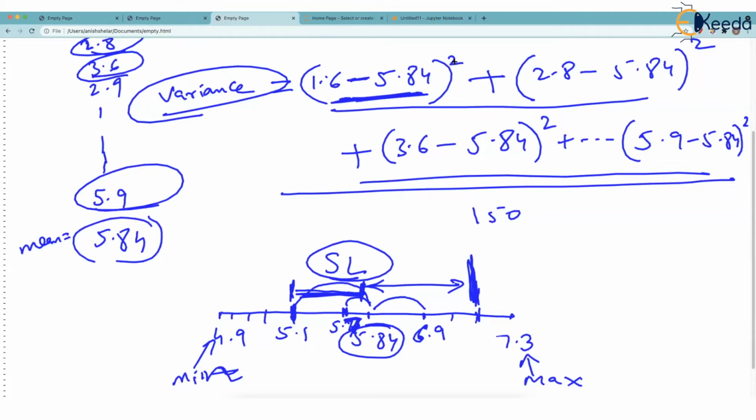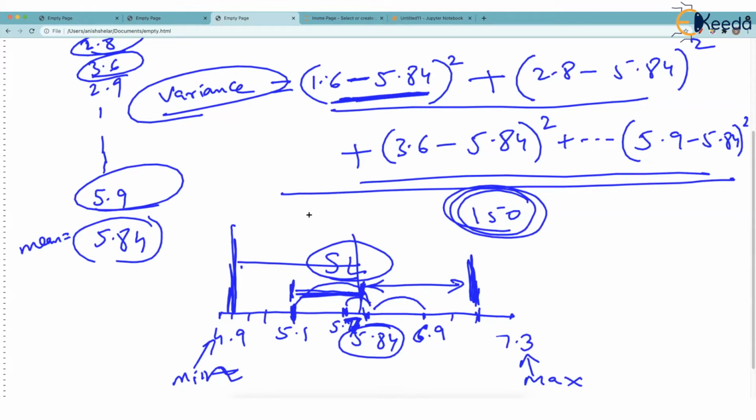And why did we square? Come on, because this value can be negative and some values can be positive. We don't want a mixture of positive negative values. We squared it, and you know, square of any number is always positive. That's why we squared it. So each flower's sepal length is actually subtracted from the mean and squared. So what we are doing is we are trying to find out how far a particular value is from mean, and then this entire sum is again averaged, divided by number of flowers. You just check. Again, it is averaged.